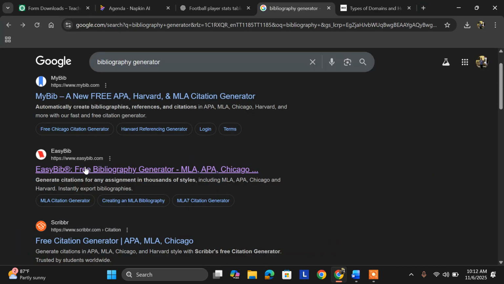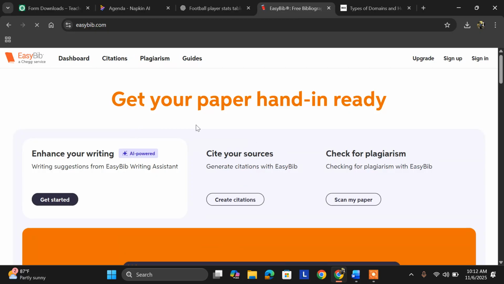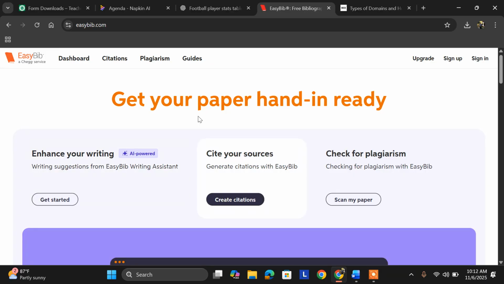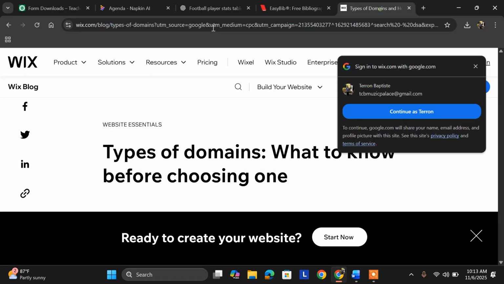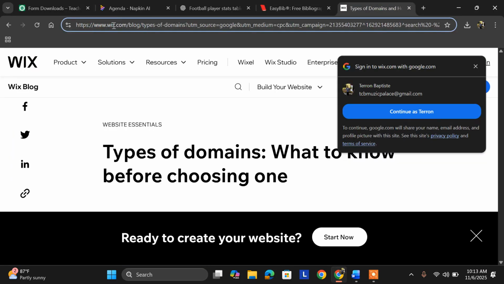And it's basically called EasyBib. Right? I think I used MyBib as well, and that was also generating, but I just want to show you another one, right? So let me just say you have the links for all the websites and whatnot. You can take that information and just let it generate it for you. Look how it does. So I just want to take up a random website, or let's put, like, this website here is Wix. So